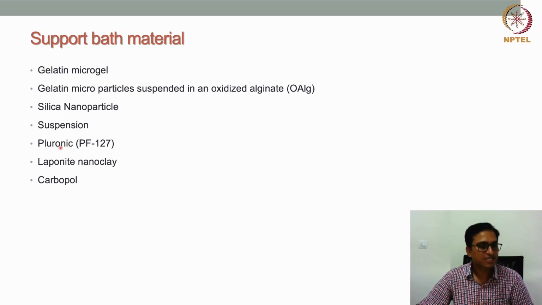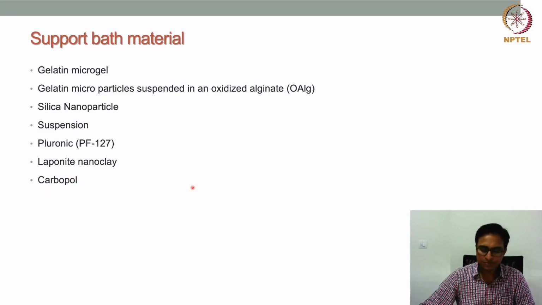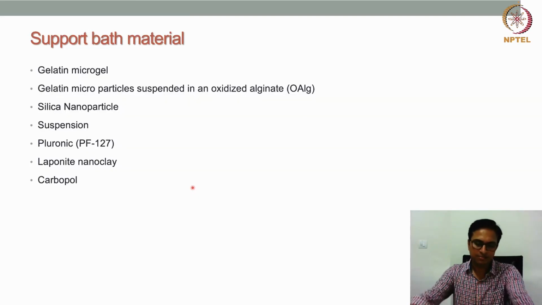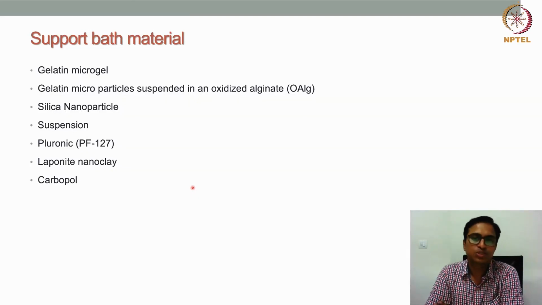The first application of this 3D bioprinting support bath was from a research group that used Pluronic as the support bath material. Laponite nanoclay is also another support bath material that can be used. Carbopol is another popular support bath material. So these are the support bath materials that people use for different applications, and I encourage you to go through some literature, where you can find enough examples of this